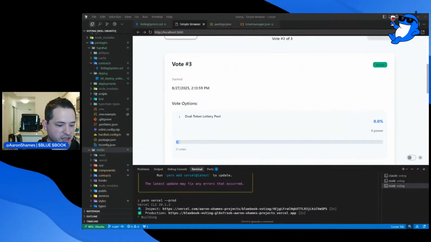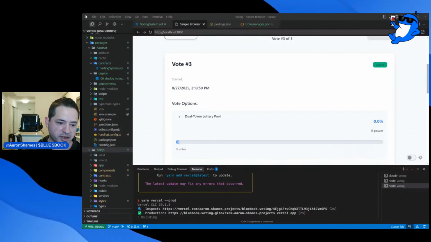So I'm going to share this in the chat here. I'll put it up on the screen too for anybody that wants to see it. So again, this is not going to work yet because I have to wait for the build to finish. But